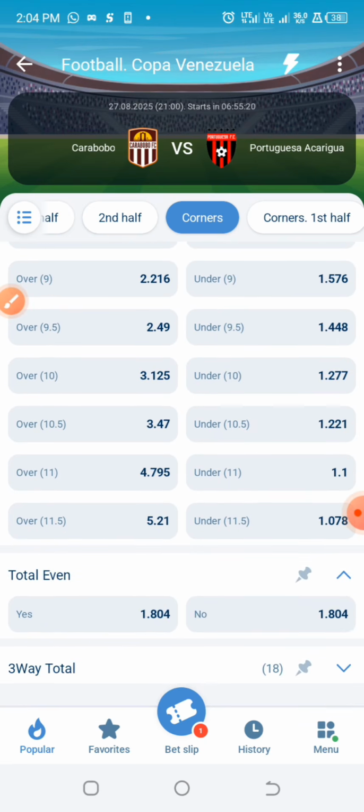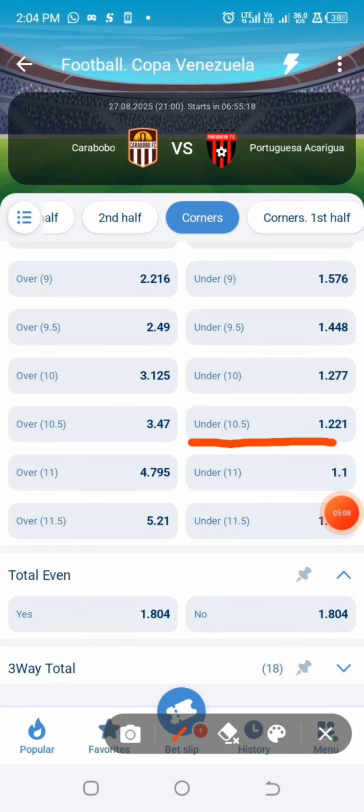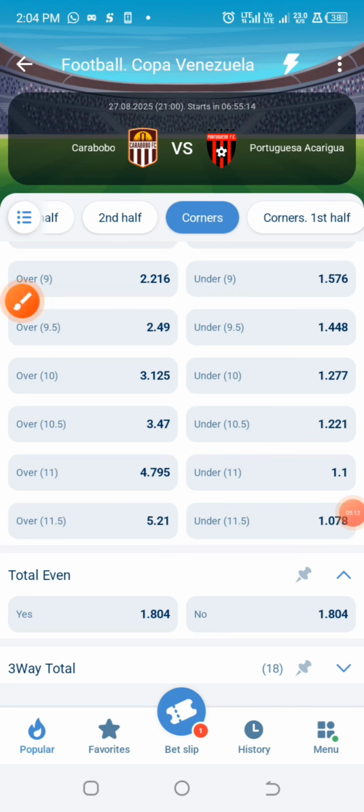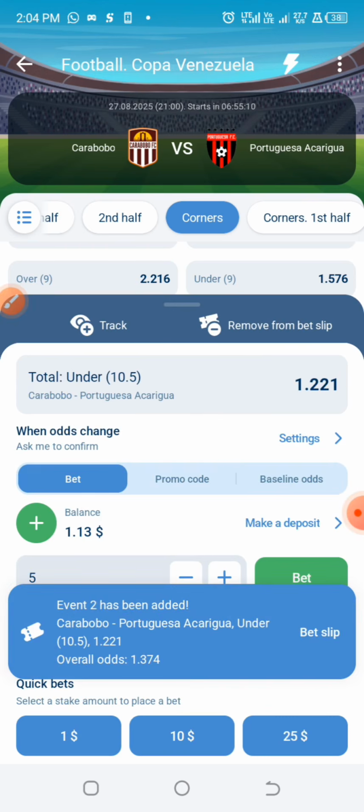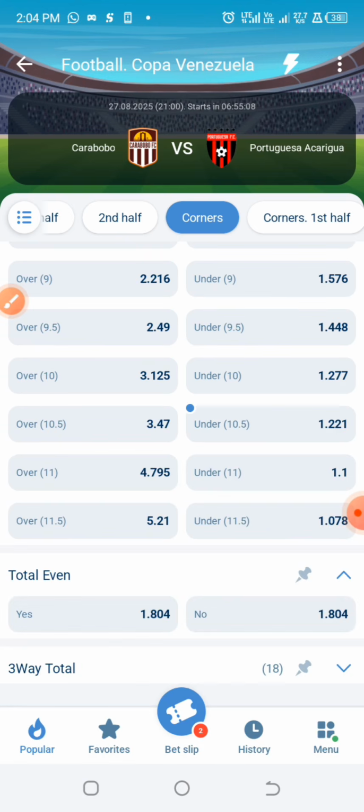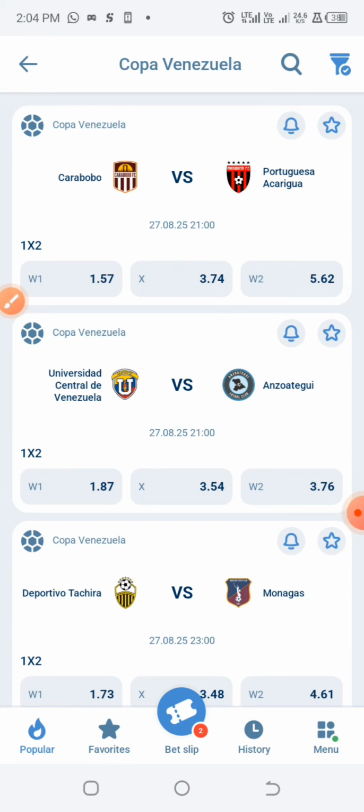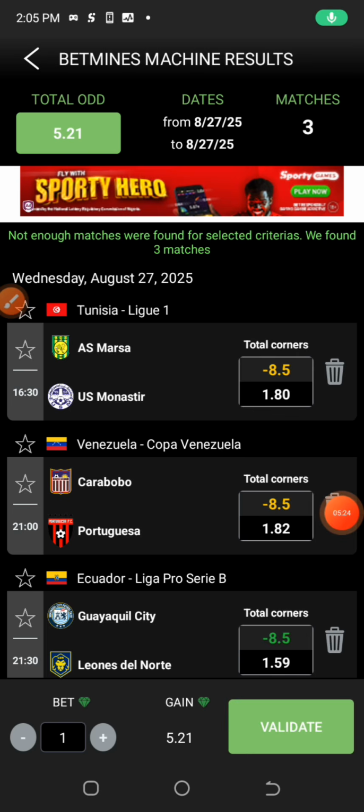Okay, so we have the under 10.5 corner for this particular game at odd of 1.22. And in total, we're able to get 1.37 odd. This is not really big. And for the last game, which happens to be under the